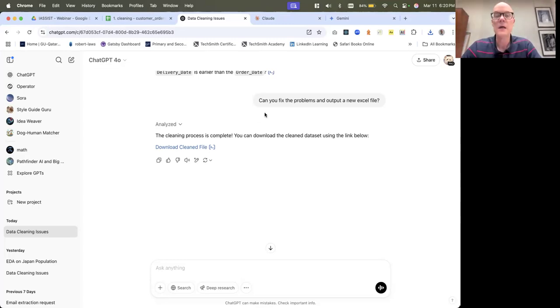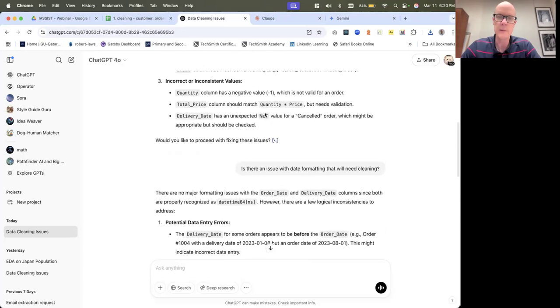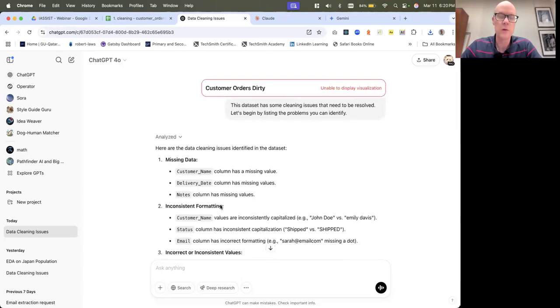Now I could go into more detail on that, but I'm going to move on at this point because hopefully you get the point of this demonstration. If you have a very large data set, I would give it a subset of the data. You can then have it do a preliminary assessment. Now, there are other tools like Tableau and Power BI that actually do some of this as well, but this works pretty well for small data sets. So if you only have maybe 100 rows or so, this is an effective approach, and it can be pretty quick. You can see it gave us feedback very quickly.